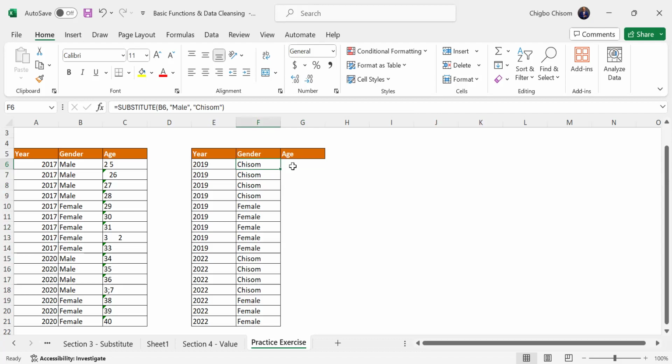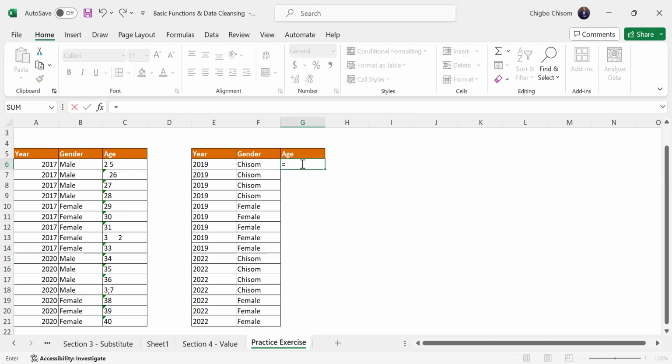Yes, go on. Okay. So I was asking, what function are we going to use to clean this data? Someone said we are going to use value. What else? Ms. Dixon said value, trim and substitute, right? Okay. So I'm asking which one will come first? Does it really matter? Aha. Let's check whether it really matters. I like that question. Okay, so let's say value